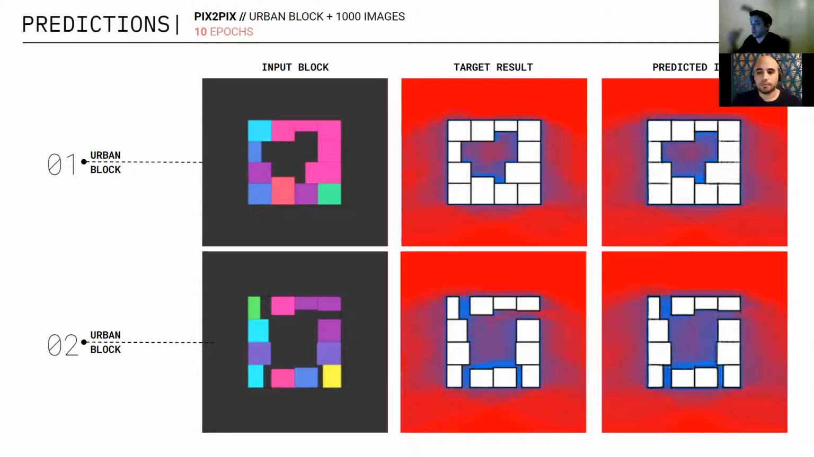Then we proceeded by testing this. As you can see here on the 0.1, on the left is the input block. And this is now the test sample, a block that the model never saw before. We got the target result and, all the way on the right, the predicted image. As you can see, the model was generalizing really well and the predictions were almost impossible to tell apart